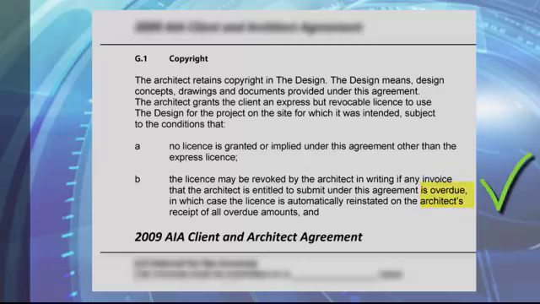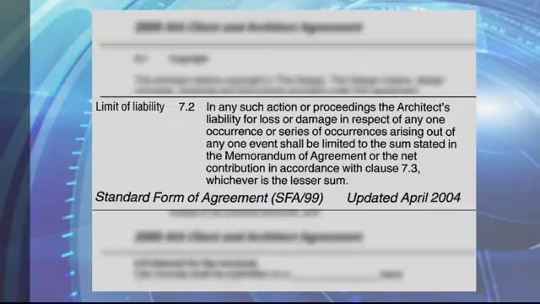When discussing insurance clauses, the level of insurance to be provided should reflect a fair and reasonable balance relative to the architect's fee and possible exposure. If the architect is performing work on a small project for a relatively small fee, then it seems fair that the architect's liability should also be smaller or less than that of a larger project with more work and a larger fee. Now, one way you can limit your liability is by implementing what is known as a cap on liability clause.